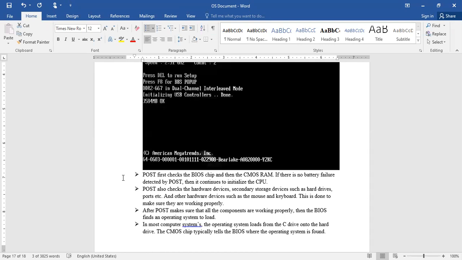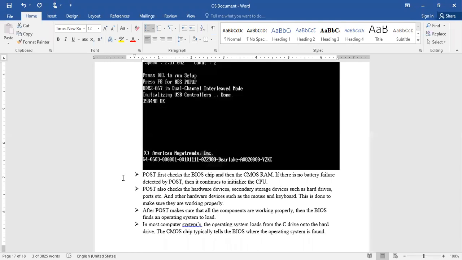As I told you at the very beginning, why we require this booting process is in order to start all the hardware components, as well as the operating system, in your computer system to work properly. So before starting the system, one should verify whether all the components are working properly or not.